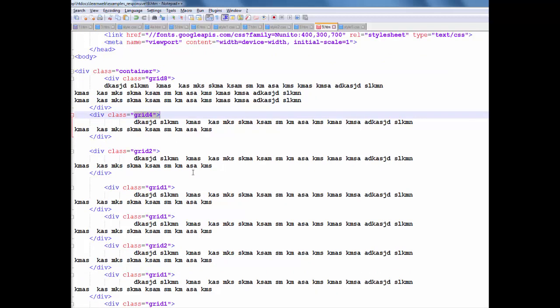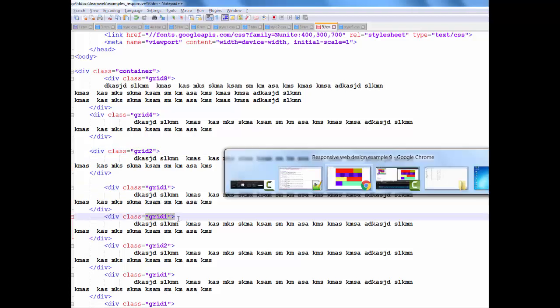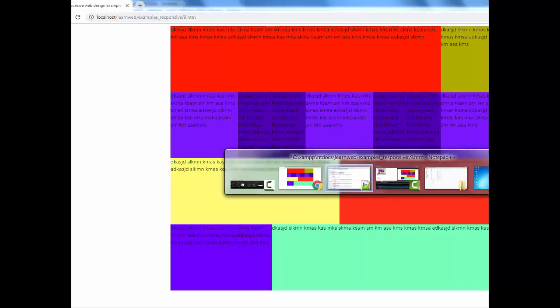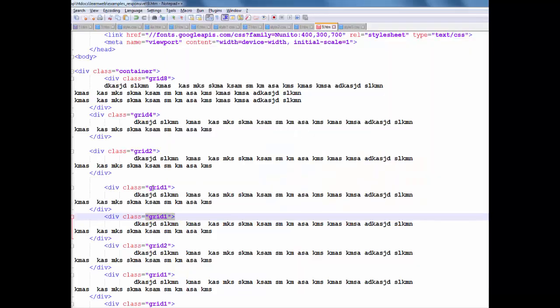Next is grid 2 and grid 1, grid 1. It is possible that the grid 1 elements have the same color, because we have grid 1 and grid 1, the same color, and